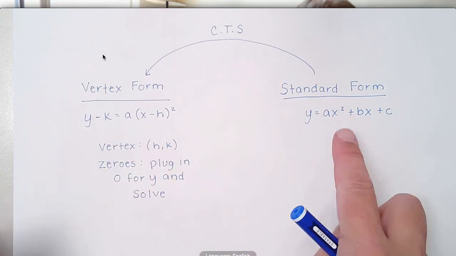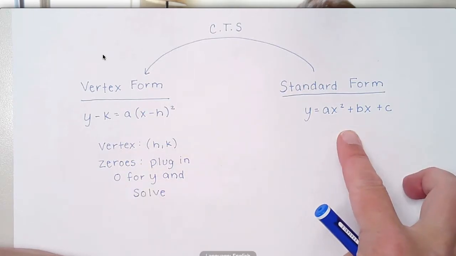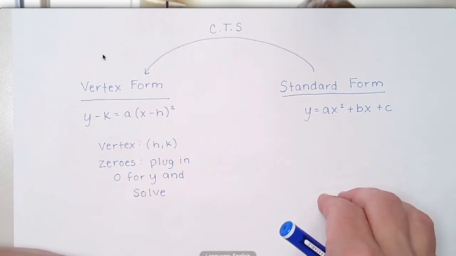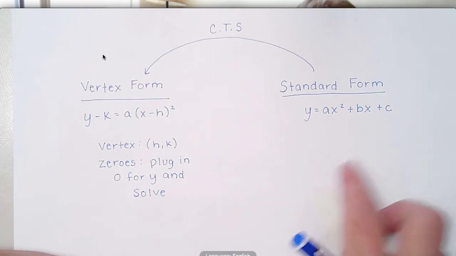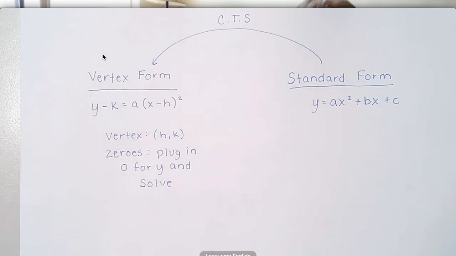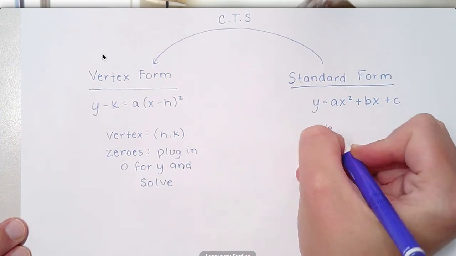But we do also want to make sure that you know how to do these things in standard form as well, okay? So that's what today's lesson is focused on, is how do you find the vertex and the zeros when we're already in standard form. And just so you can have it kind of all in the same place here, we're going to find the vertex